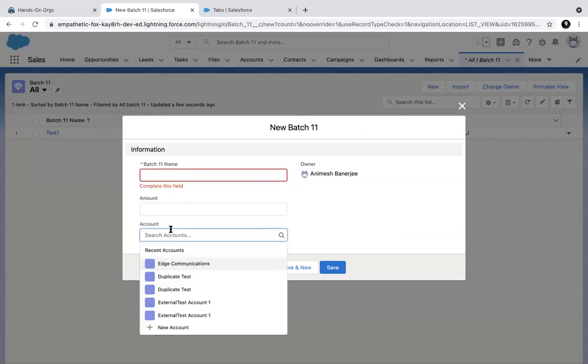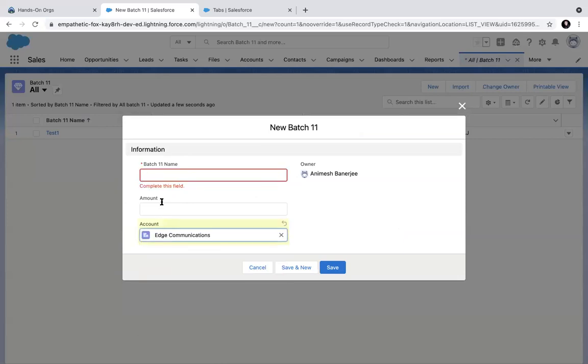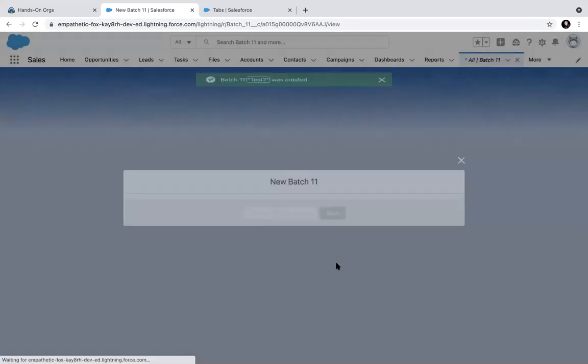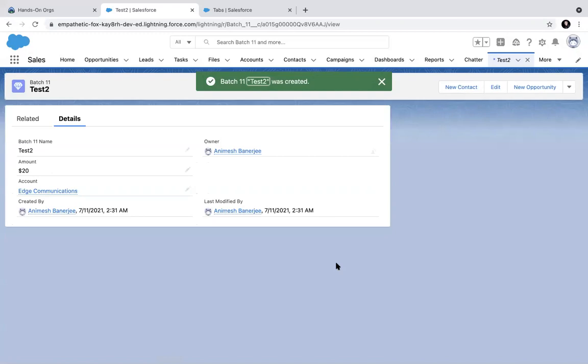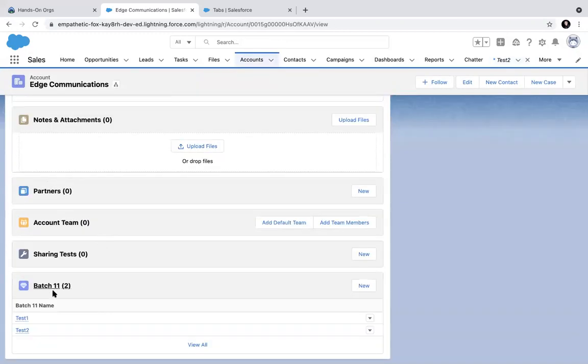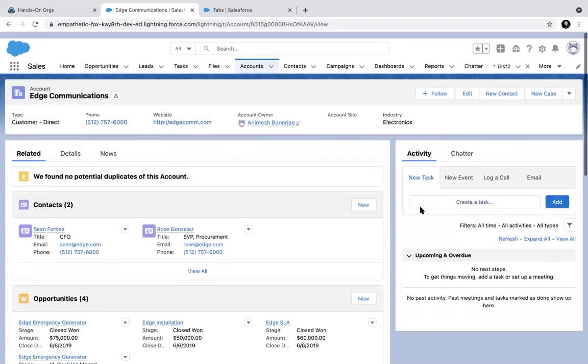When I select here, account needs to be selected. Amount 20. Batch 2. What I select here and save, if I go to this account, it will show up here. So now batch 12 has 2 records. Right?